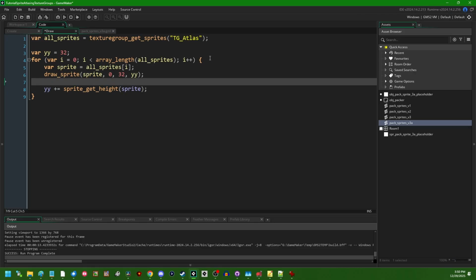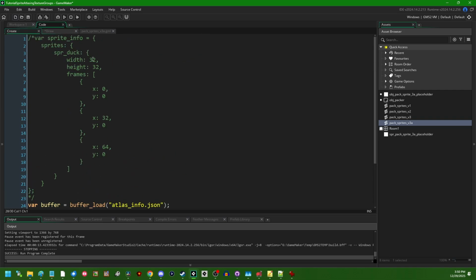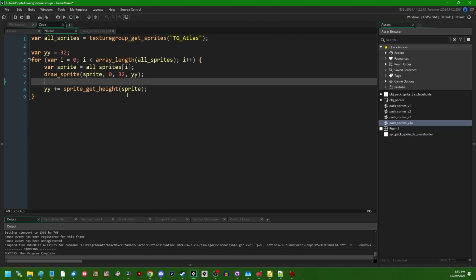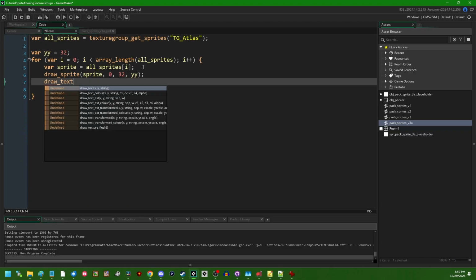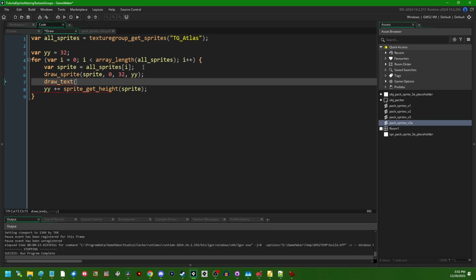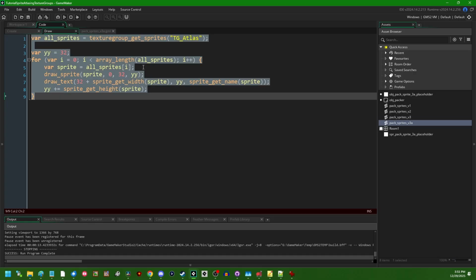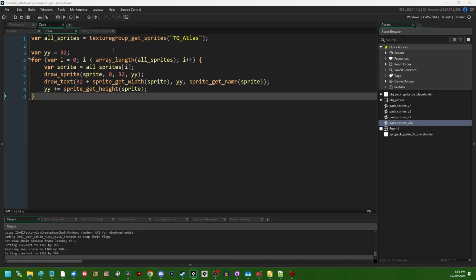We can also draw the names to go with all these. I did say that the names of all the sprites are going to be whatever happens to be the key name in the JSON when you load it in. And if I say draw text at position 32 plus sprite get width, sprite, y can also be that y coordinate, sprite get name sprite, we'll be able to see that as well. And if I run the game now,